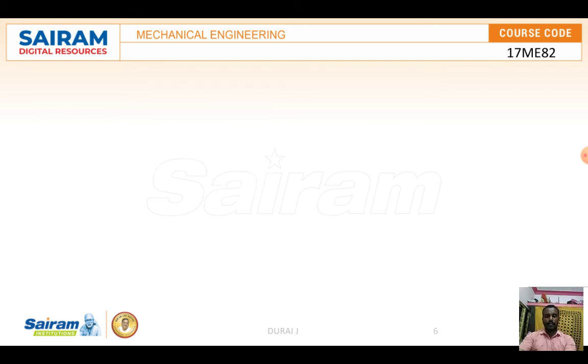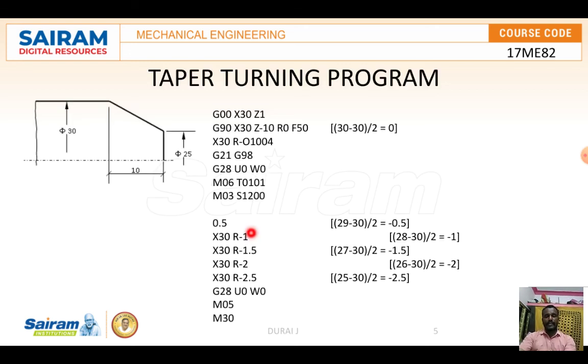So what is the R? Okay, so here R is representing initial dia minus final dia. Why are we taking an initial dia? Because the tool movement takes place, moving from this particular point to the next point in this one. So this is the initial dia, this is the final dia. So that initial dia is 25. Okay, final dia is 30. Okay, like that each and every point.